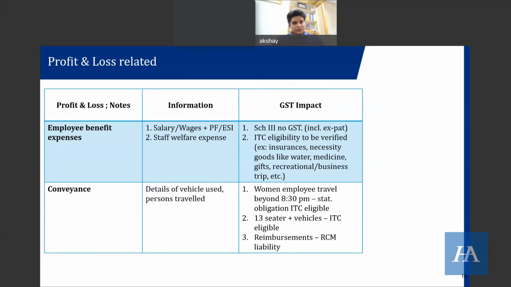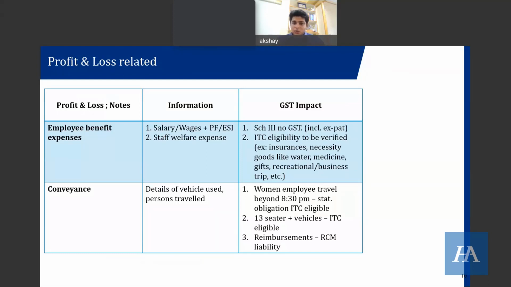Coming to our employee benefits and their expenses, as we all know, salary is part of Schedule 3 of the GST, and there would be no GST implication. But there may be certain staff welfare expenses which may have an ITC implication. Now, coming to health and life insurance, the credit is ineligible. But what about other insurances with respect to your employees? You have fidelity insurance. You may have even personal accident insurance. You will have gratuity insurance with respect to them, EDLI insurance. Now, these are insurances which are not linked to life or health. The credit in relation to the same is eligible.